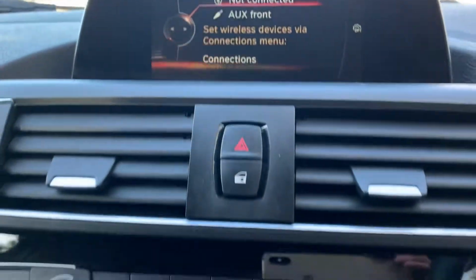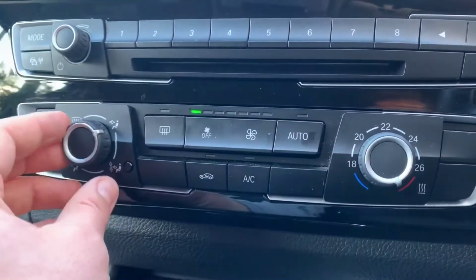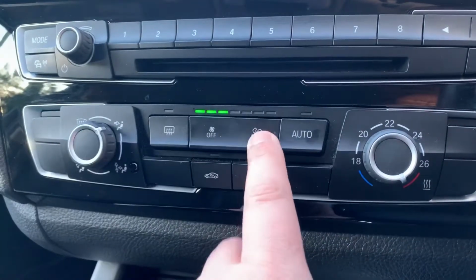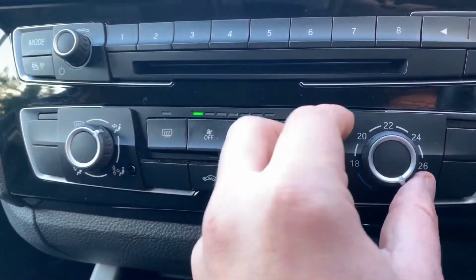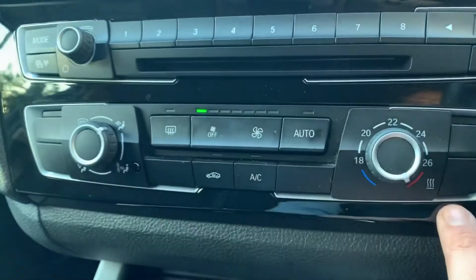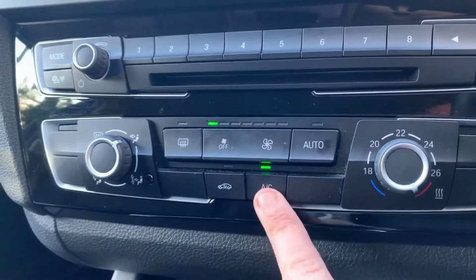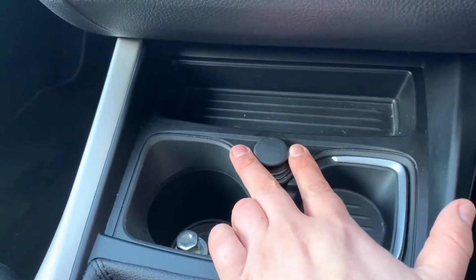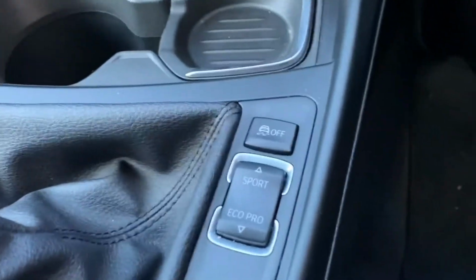Working our way down from that, we have the CD player. We then have air conditioning. So this dial determines the direction of the air within the car. Fan speed up and down from here. This one deals with the temperature, and then hit that button to turn the air conditioning on. Same again to turn it back off. Below that we have a 12-volt charging socket, 6-speed manual gearbox,